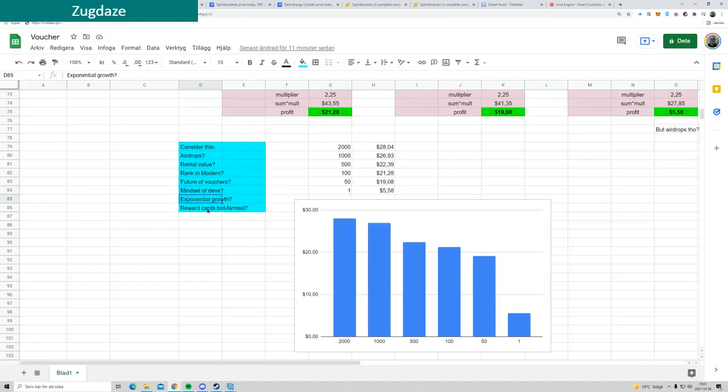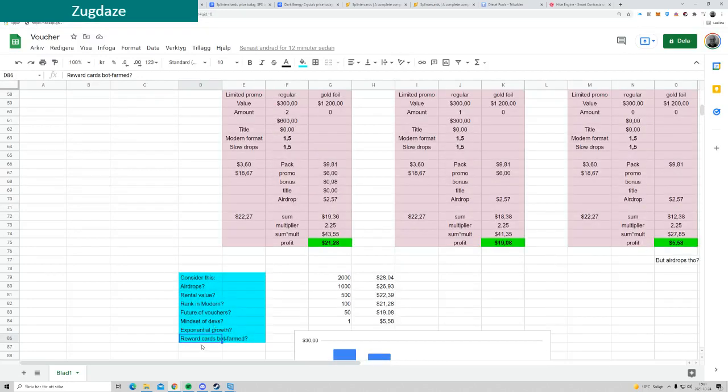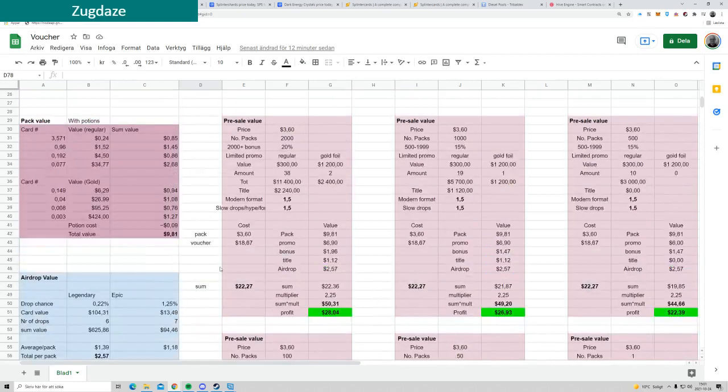We have exponential growth, and also the prices of the reward cards were so low in the beginning because they were farmed by bots. This is no longer possible because they have removed the rewards for Novice and Bronze 3 League. So there will be way less reward cards farmed by bots, which will drive the price upwards. So I put these numbers here, like 50% price increase for each of these